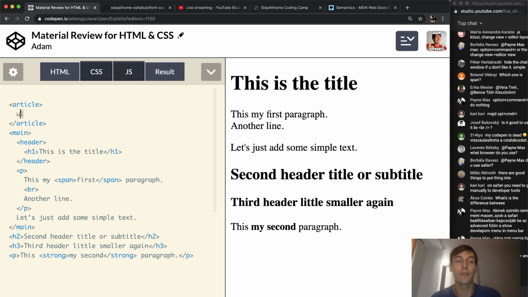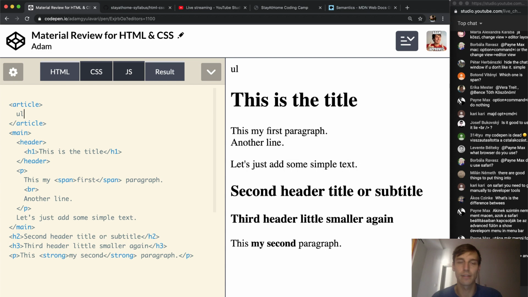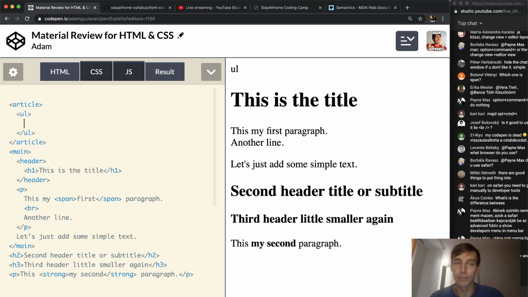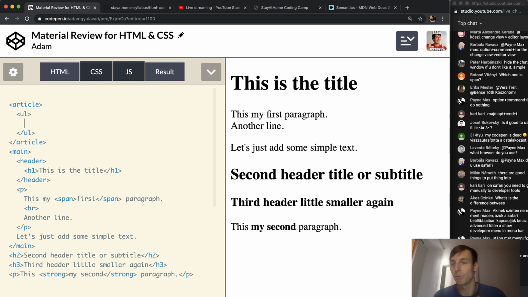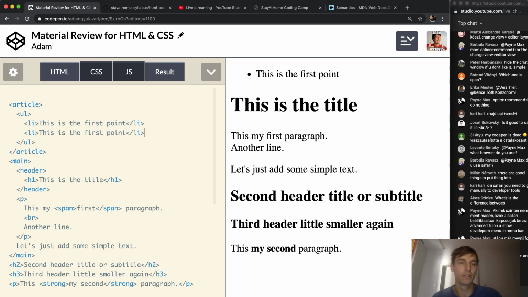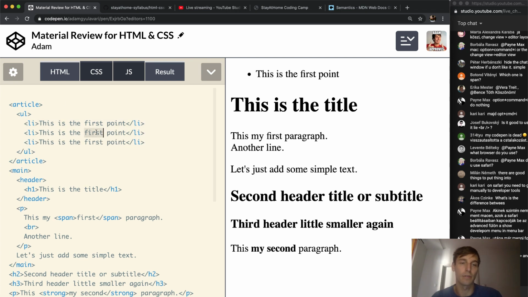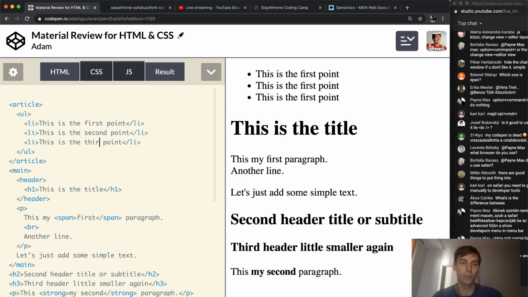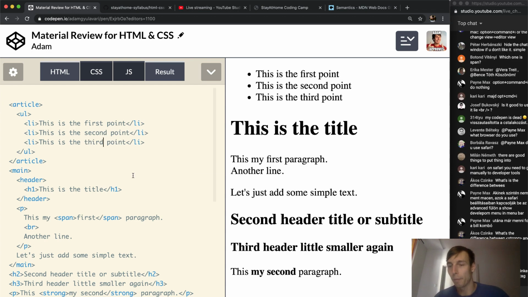So the unordered list is going to be the UL tag, unordered list, and in order to create list items, you will need to use the list item tags, and they are called LI, list item. So this is the first point, and then we can create a lot of other list items, second point, third point, and so on and so forth. So this is a very basic